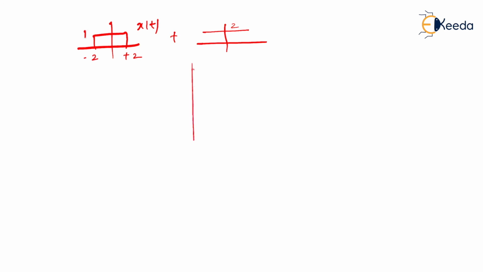See, suppose we have some x of t like this. Let's say it is present from -2 to +2, to which it is now added to, let's say, DC level 2. I'm sure you remember, whenever you add some signal with DC, this is what we called a clamping operation. So when you do so, let's say the original height was 1. When you add these two signals, what do you get? In the final figure, you'll get it like this. -2 and +2 are important limits for us.